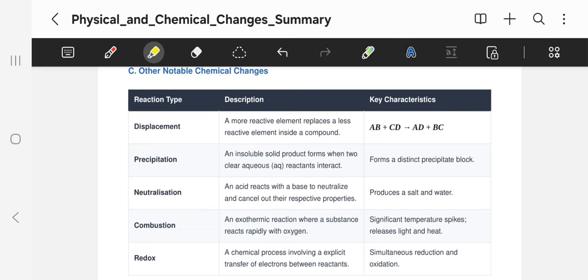I hope, guys, you found this lesson to be valuable. Please just make sure you understand the definition of physical and chemical change and their differences. The differences are that physical change is reversible, whereas chemical change is irreversible, and their definitions will also be crucial. Okay, also know your types of reactions: decomposition and